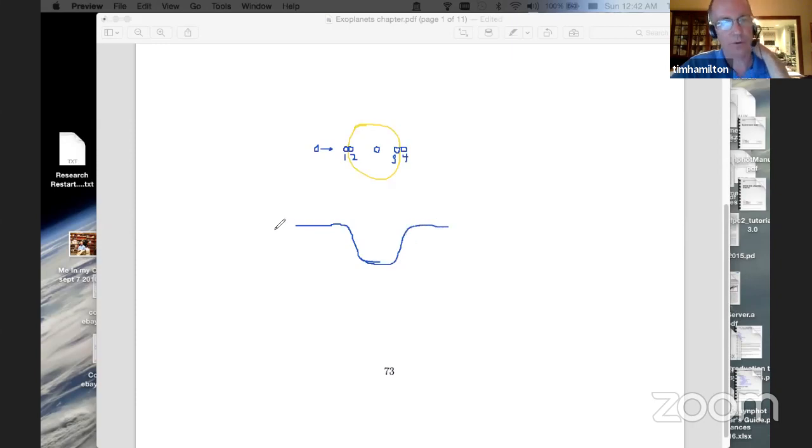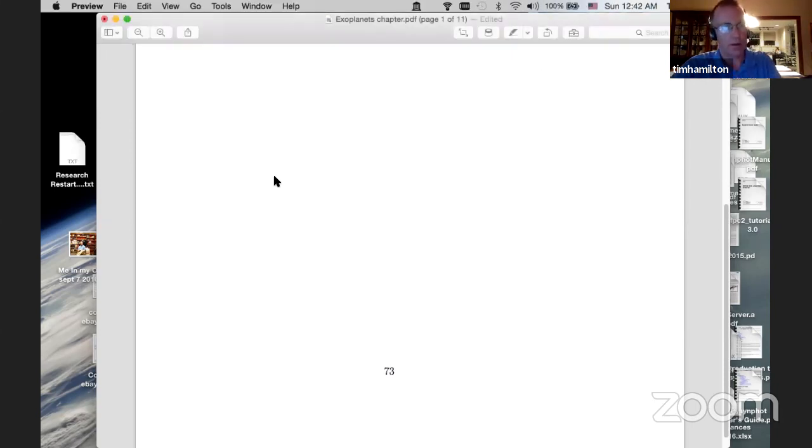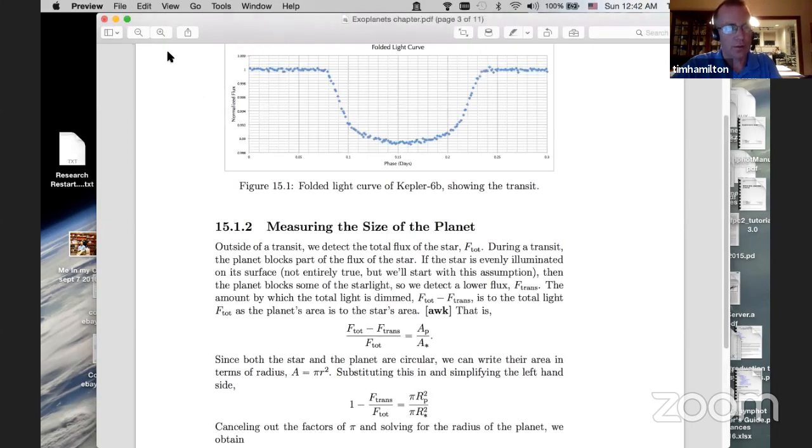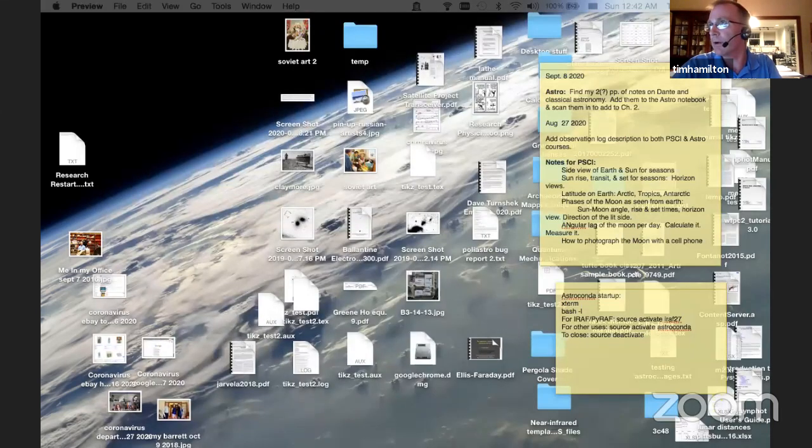And there we go, and we're back to full brightness. So that is what a transit looks like in the idealized sense. All right, so now let's see here. I'll clear all of that off. Okay. So I'll move that out of the way here, and I'm going to bring up our archive.